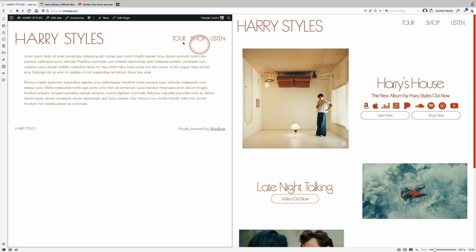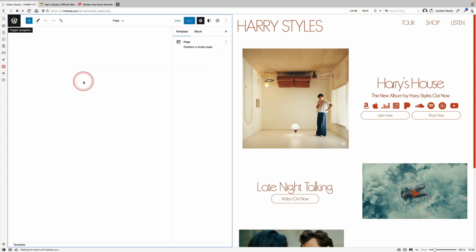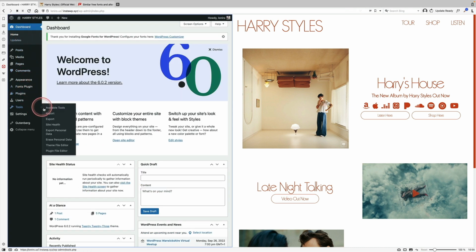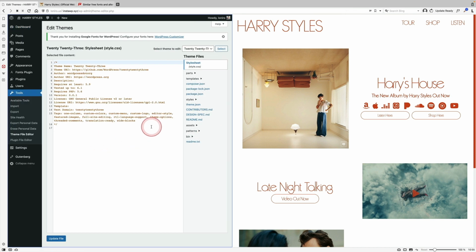So we're going to start by removing these underlines. Now the way I'm going to do this today is not a way I recommend you do it. I'm going to actually edit the theme file. So this definitely wouldn't be a good idea, but this is kind of a quick and dirty way to do it. And I'm actually going to go to theme.json, which is a really, really